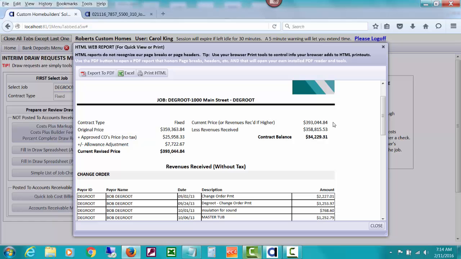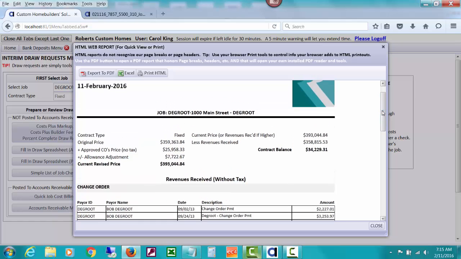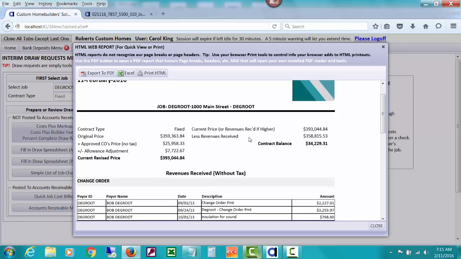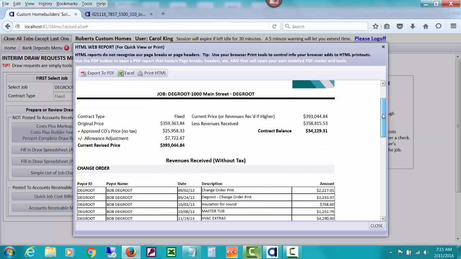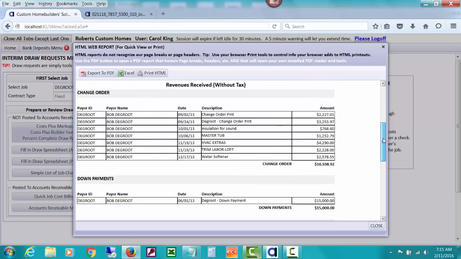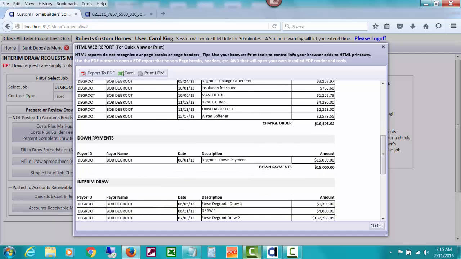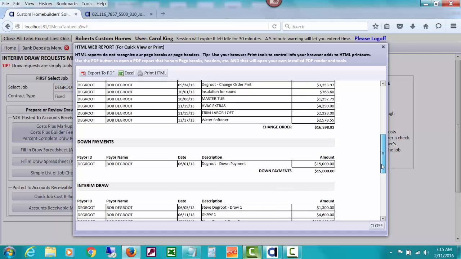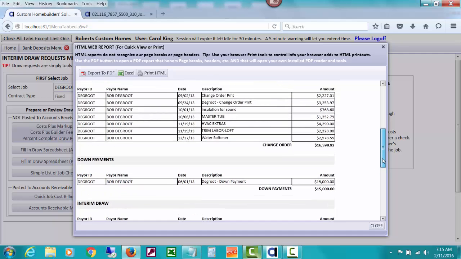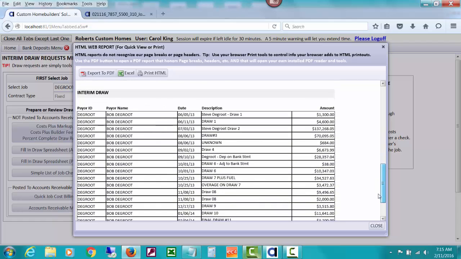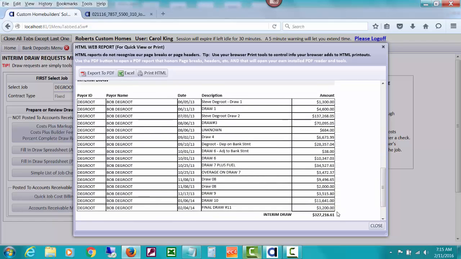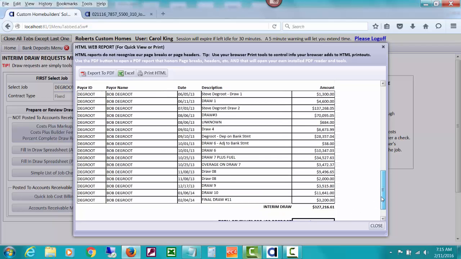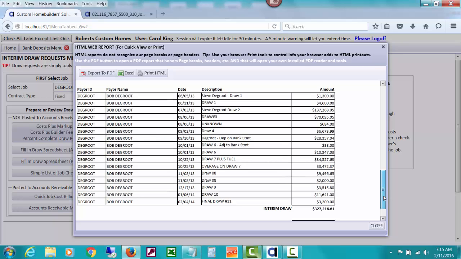But anyway, we've come up with the current price that we should tell our title company about, should be on our HUD papers, etc., and then less any revenues received. And one reason I want to have this report open before we post our closing deposit is to look at what the down payment amount is and see if we match what the closing papers might be. Also, if they're going to pay off a loan, this is the total we're probably showing in our construction loans payable. And so that can be useful information, especially because we're probably going to figure out how much